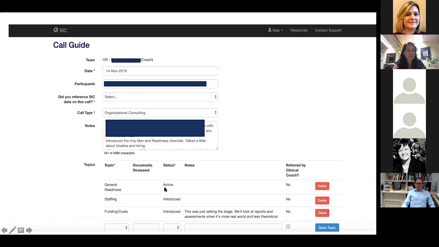Is it active still? Is it a topic that they're just now introducing? Or is it a topic that they think is completed? I should have given an example of that here. And if it's a topic that they think is completed, then what we would want to see is the associated date on the SIG page. And this is just, again, for the research, just for the clinical trial, a way for us to maintain quality assurance. But this isn't something that we would typically have sites do.